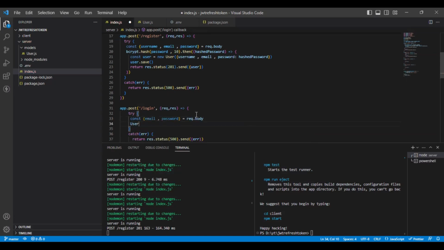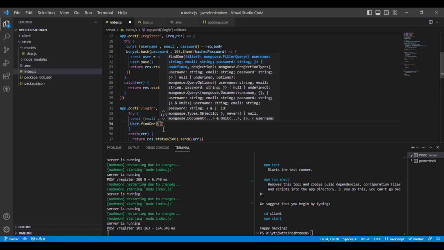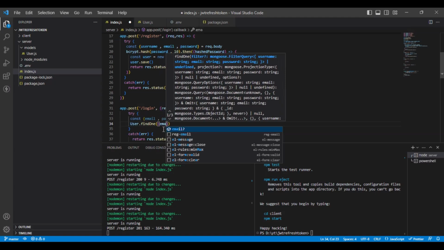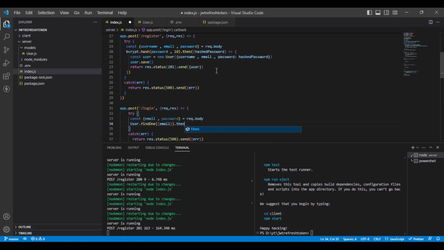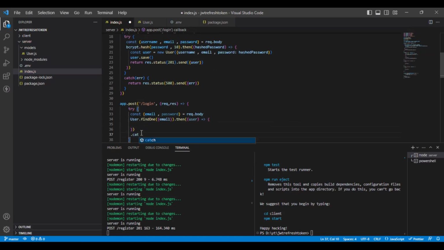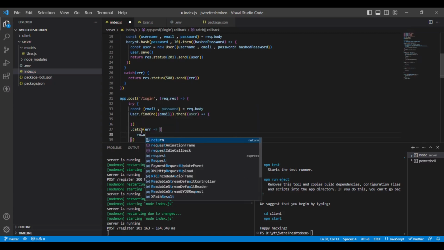And in the User model I will call the findOne method of mongoose, and our first param will be email, and if we see here, it will return a promise. So .then user. Okay, so if there is no user, in case of failure,